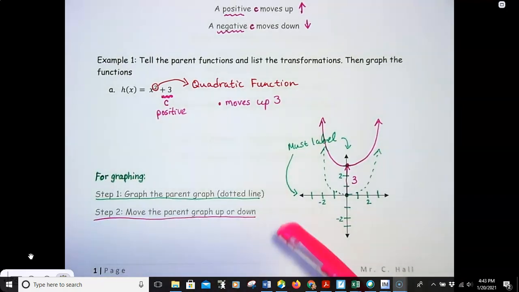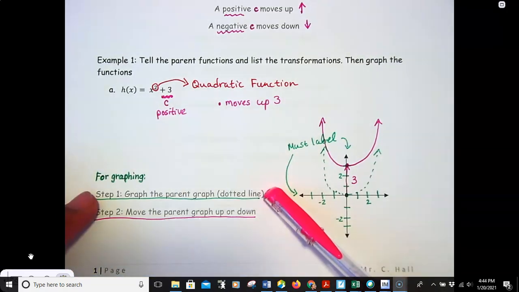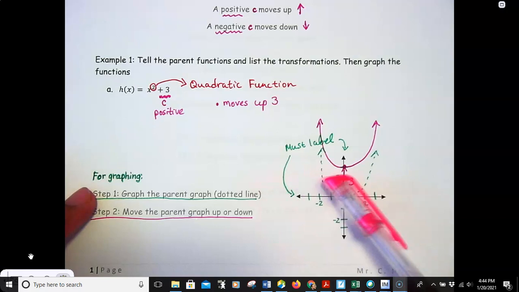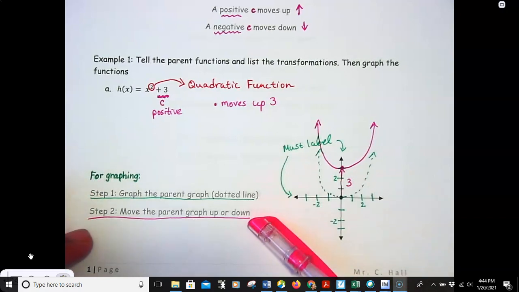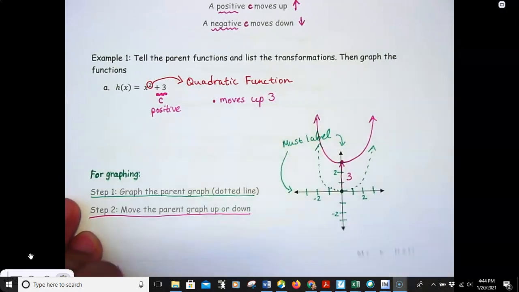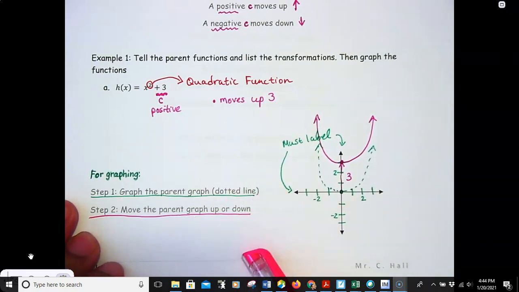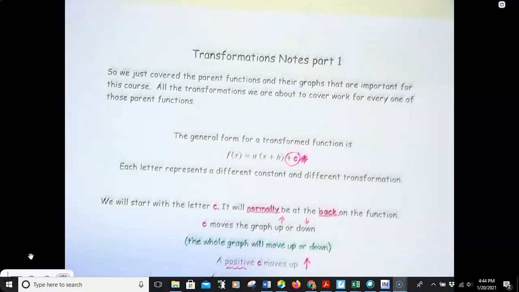And so one thing to understand as we're going through this, we always use the graph right before it to help make that next transformation. So here we use the green graph, or the parent graph, to help us do step 2. So as we keep going, we'll do step 1. We'll use that graph to do step 2. We'll use step 2's graph to do step 3, and step 3's graph to do step 4. Okay. All right, so then let's go into